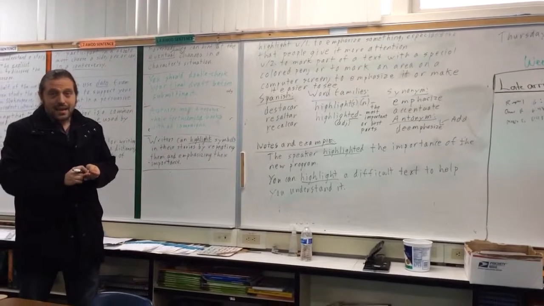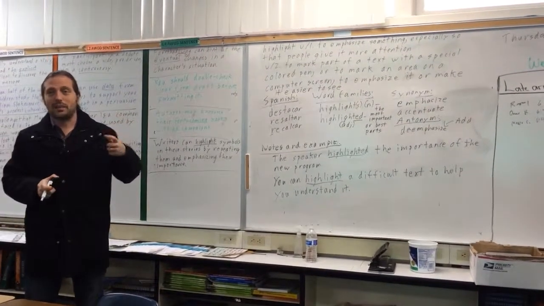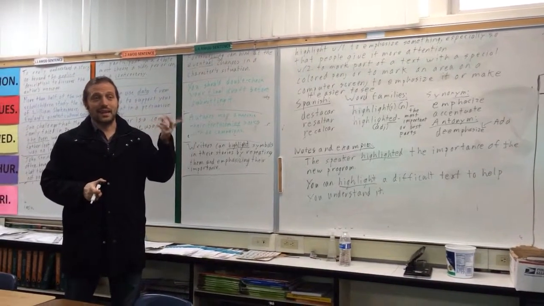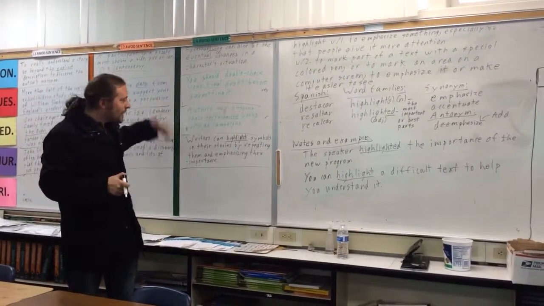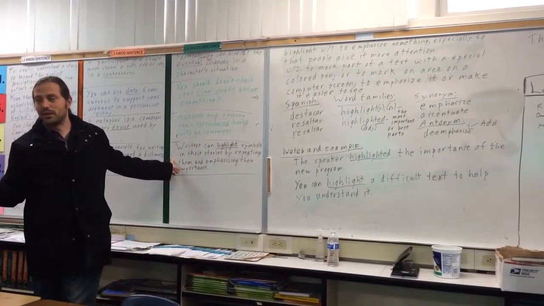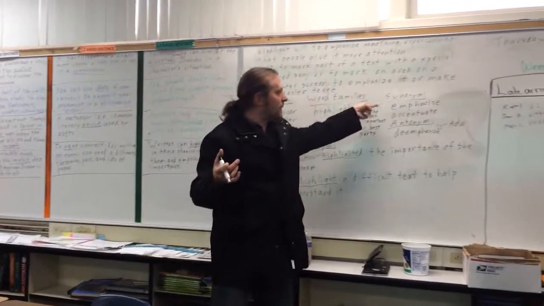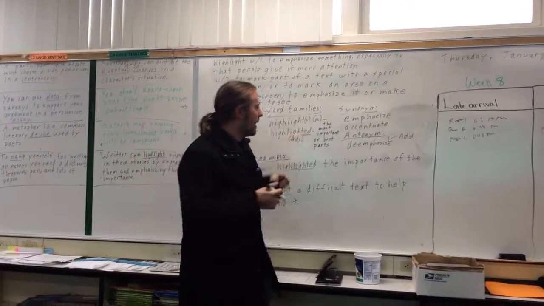Or in the book Night, in English 2, there are lots of examples of people talking about eyes, and seeing and not seeing, being blind. So the writer repeats it a lot so that the reader sees, okay, it's important, because the writer repeated it a lot. All right, and synonyms: emphasize or accentuate. And I realize there's no